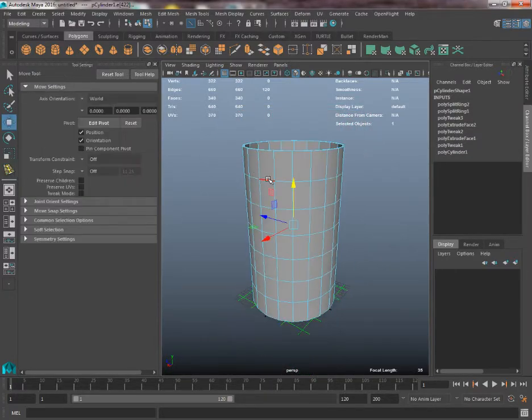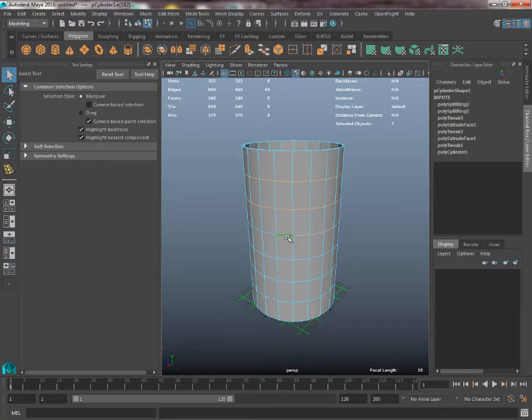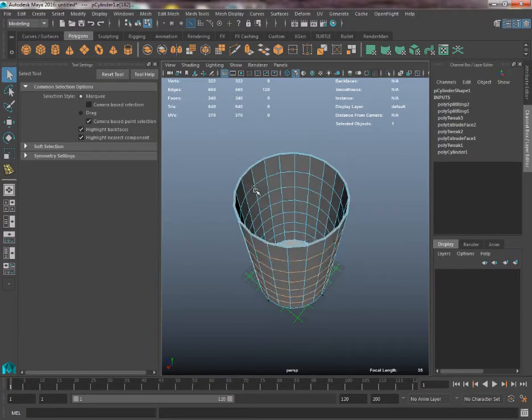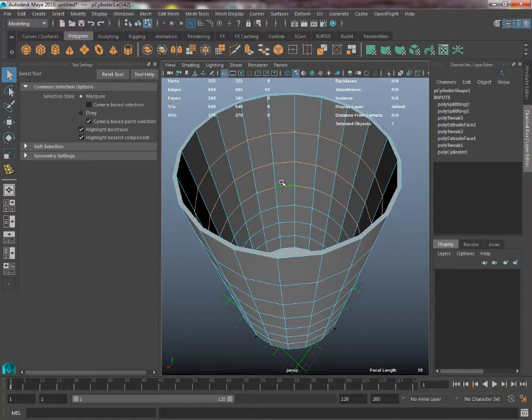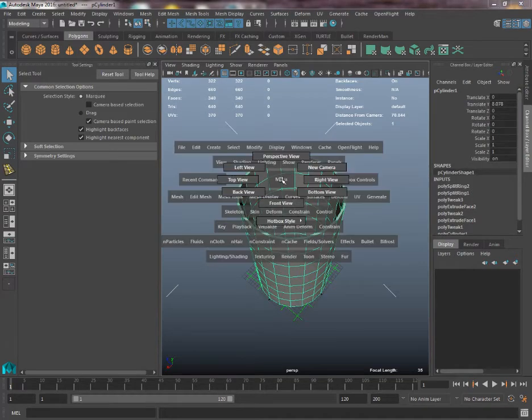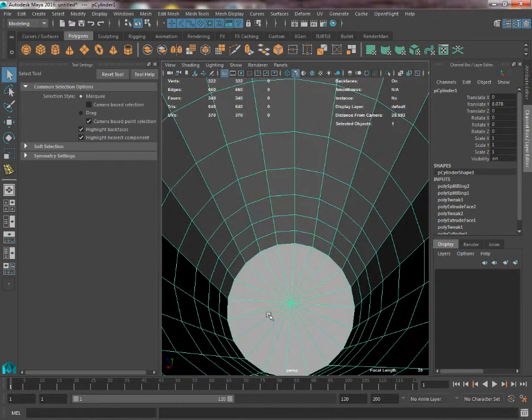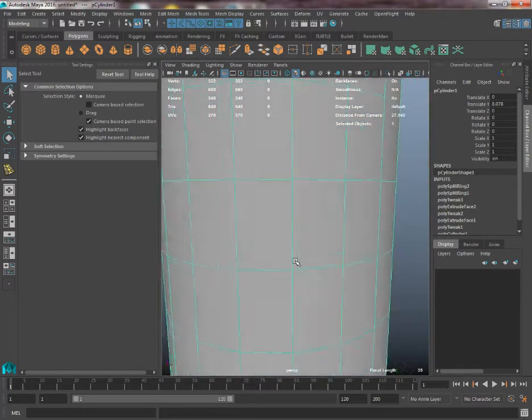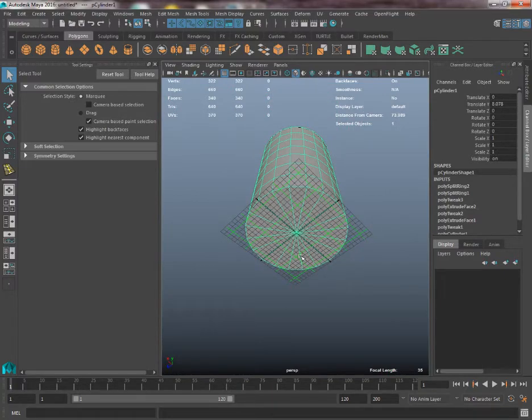So we should have 6 exterior loops, and then we should have 6 interior loops, like that. Now, one thing that will happen is, because the bottom of our interior of the barrel isn't as far down as our bottom of the exterior,